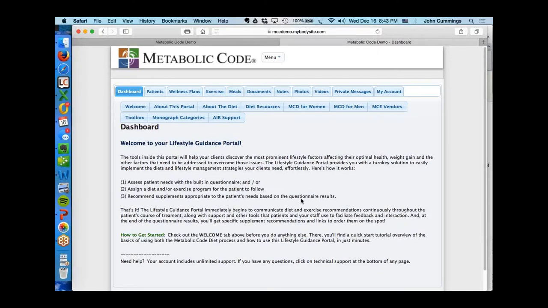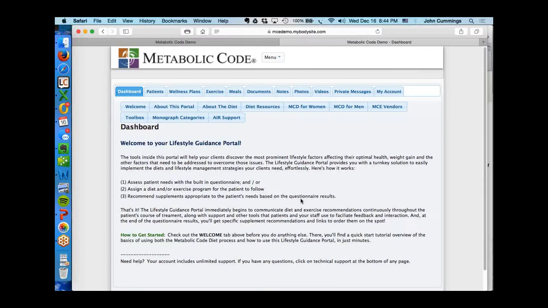What you can do is license this for a monthly cost, and it's a reasonable cost that allows you to decide whether it's strictly a value-added proposition to have in your practice as another tool that makes your practice that much cooler, that much more comprehensive, or, if you want, you can figure out a way to charge a little bit more for your services when you include in what you do for the patient a sense that you're their partner, you're their digital coach, you're their doctor, you're their functional medicine expert,